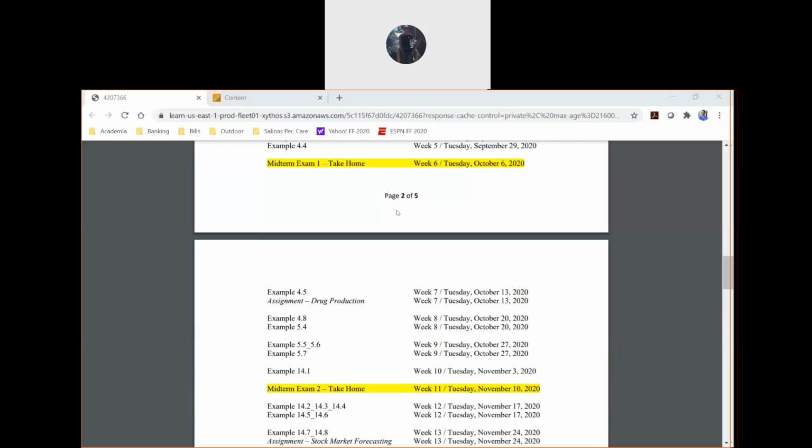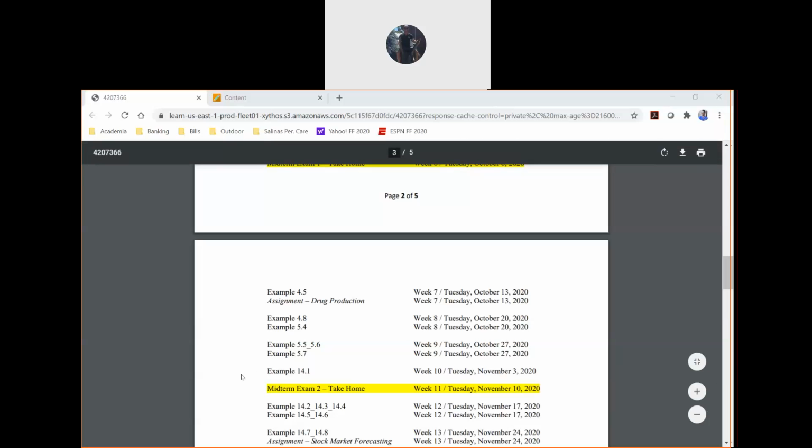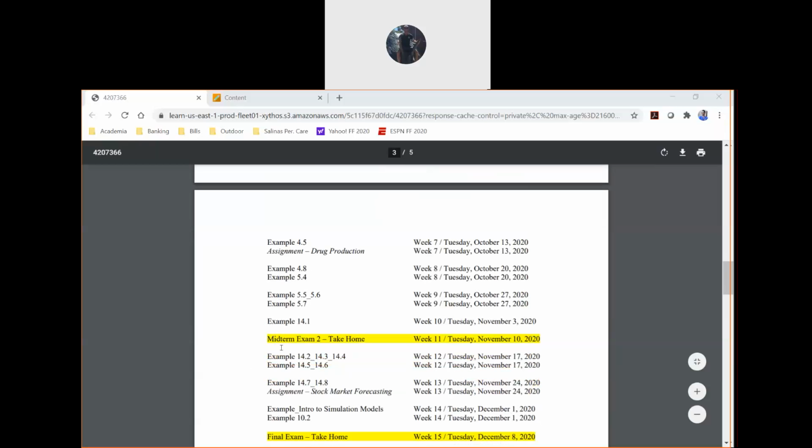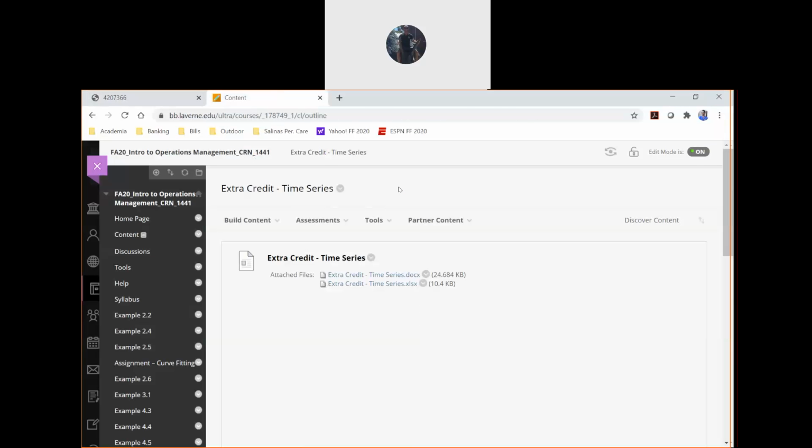So we're going to do another exercise today. All right, so we did example 14.1 on Tuesday, and technically this exercise is not on the syllabus, and so that's why I'm making it extra credit. I'll have a few more extra credit opportunities, including this one. This will count as just another exercise or assignment if you missed any.